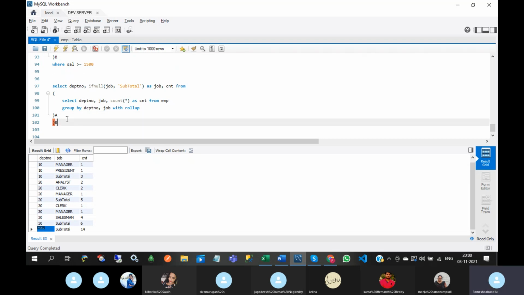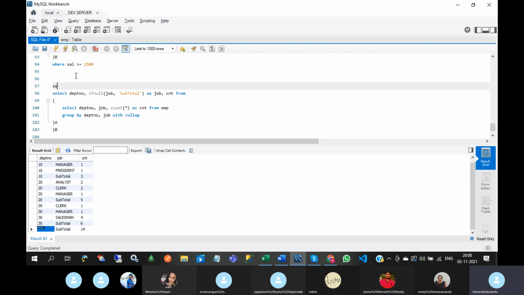Select. So if department number is null, then total as DEPT number, comma, job, count from.